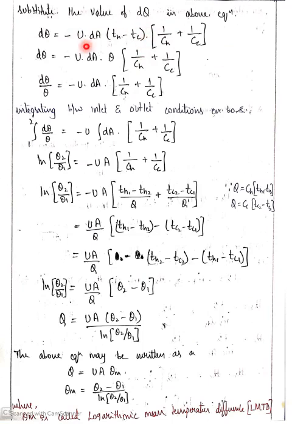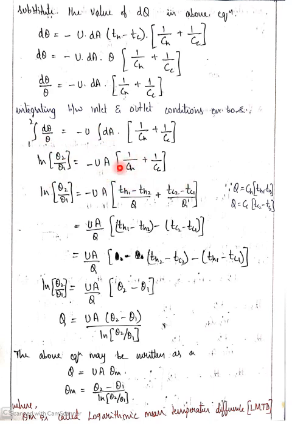Replace dQ with equation 1, just substitute as UA delta T. Now, T_h minus T_c is theta. Just transfer it to the left-hand side. If you integrate between the two limits, inlet and outlet, 1 by theta becomes ln theta, and applying the limits between 2 and 1, it is ln theta 2 by theta 1. Similarly, if you integrate dA, it will become A. So all the rest of the parameters remain the same.